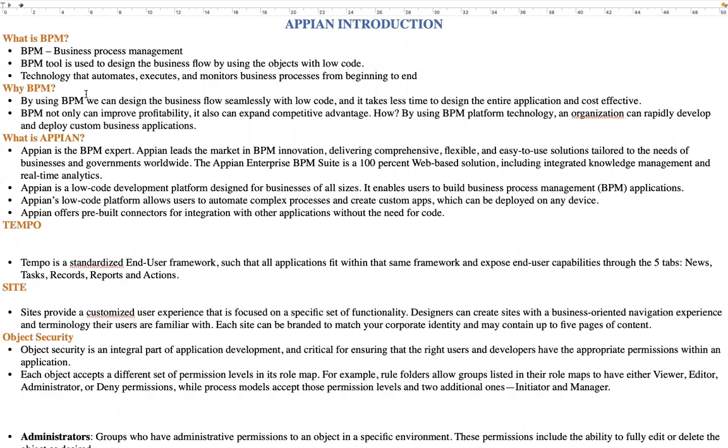Appian provides flexibility to the users and designers to understand the concepts easily, to code easily, and to automate the process easily when compared to other technologies. Let's compare with Java. In order to learn Pega, you need to learn Java because in Pega you need to code using Java. So the prerequisite for learning Pega is Java.